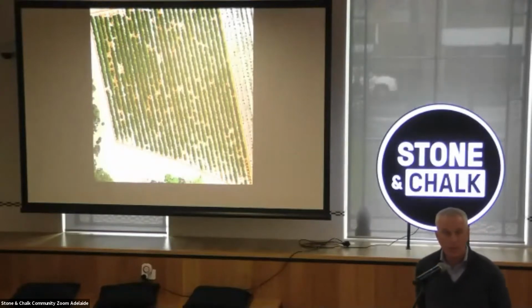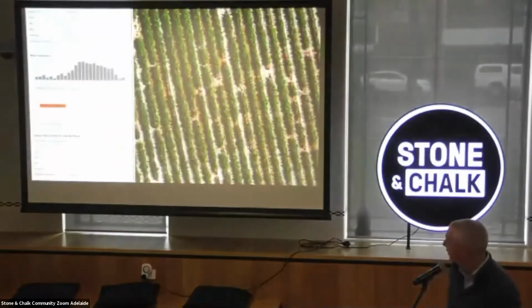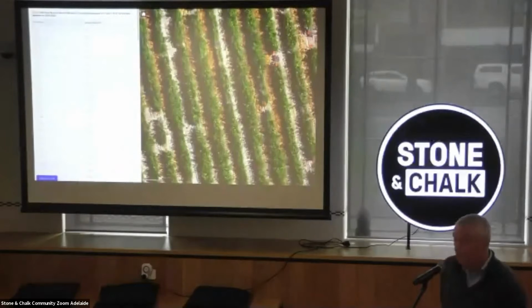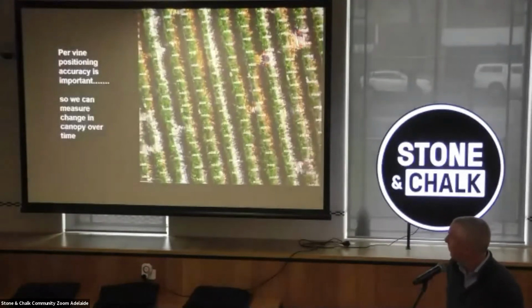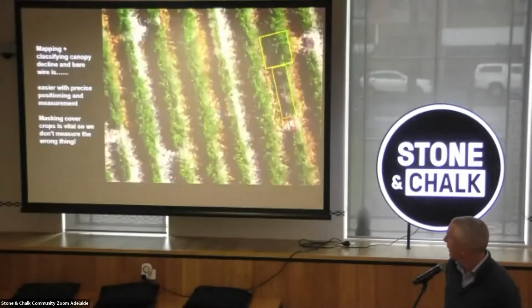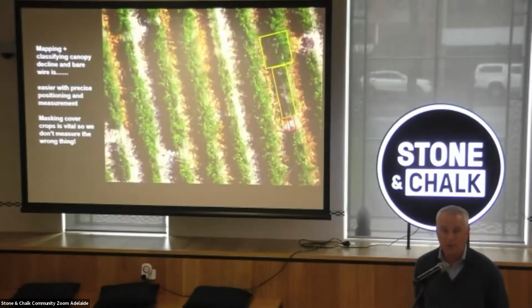So in this case, the example here is about showing the missing vines. And then the next level beyond that is, well, what else do we take out of that change over time? It's literally at scale, down to this type of thing where we're now starting to measure which components. So the red box there is bare wire. The orange box is where we're seeing some change in that canopy that perhaps wasn't the same as previously. And the larger box is obviously where we've got a healthier canopy. So how we're capturing that information at that sort of level, and how we're bringing that into some sort of level of meaningfulness that we can now take out into a larger level and actually